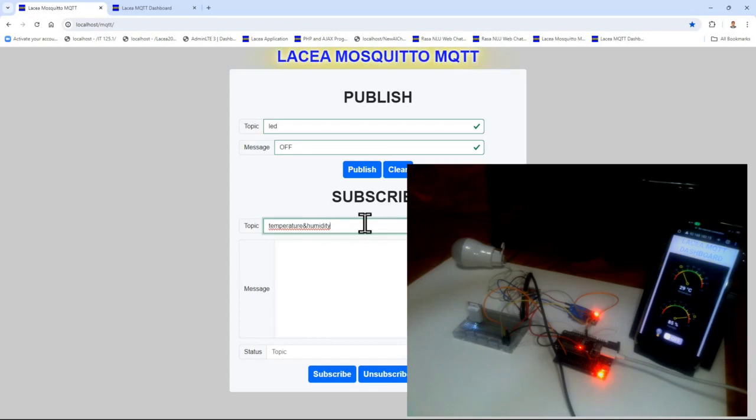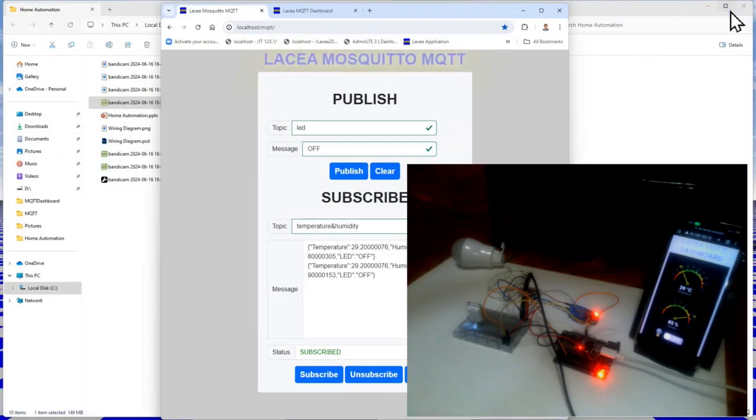The topic that I'd like to subscribe to, that the ESP32 will send to me the data about, is temperature and humidity. If I click subscribe, it will now receive the data every 10 seconds.